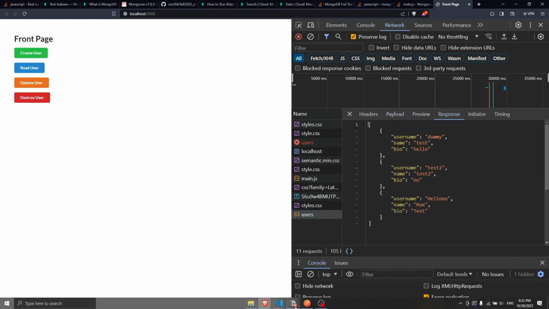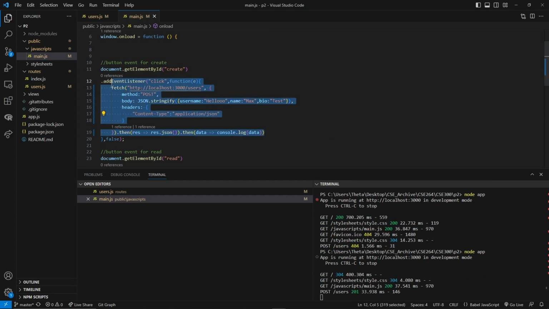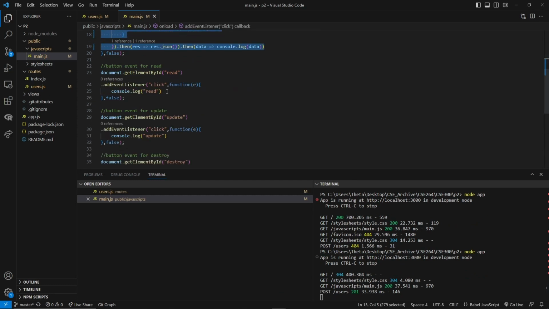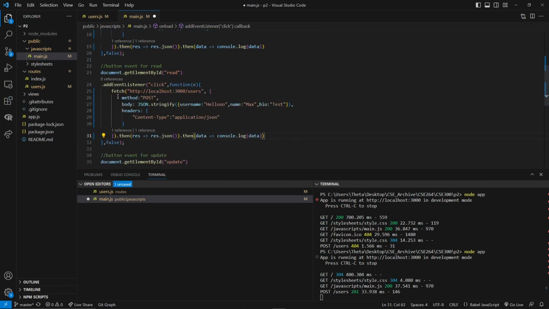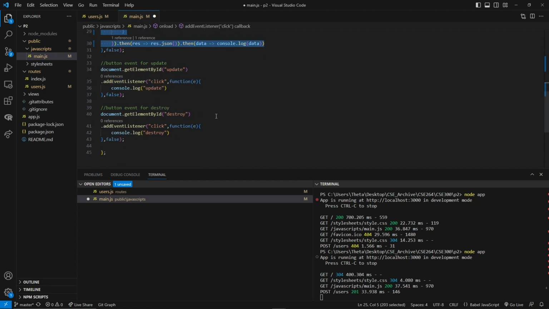Okay. So basically just replace our console statements with a request that looks something like this. And this is just very straightforward. We do this for everything except maybe, for example, for read, we just want to remove this. And then for delete,